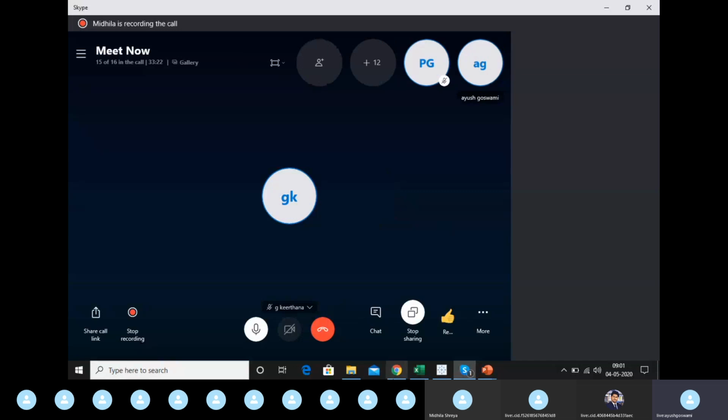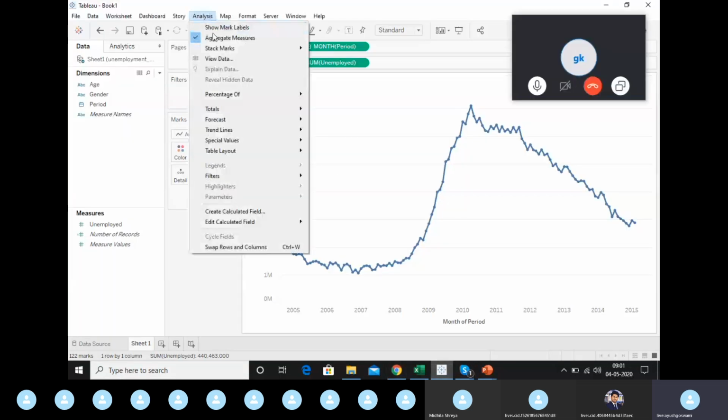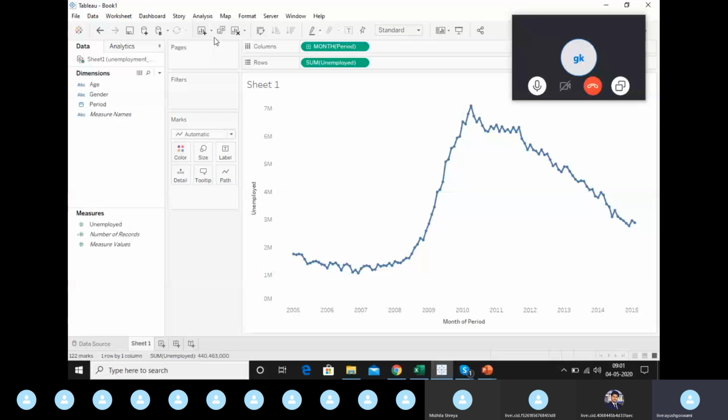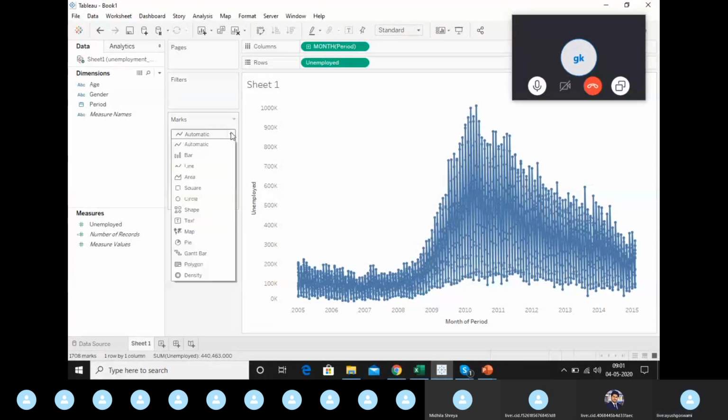All right. So after unchecking this aggregate measures, you will see that it has become very much cluttered. To understand it better, you can drag in this drop down and click on shape. Here you will see many circles, and what it indicates is that it has plotted each data point individually.